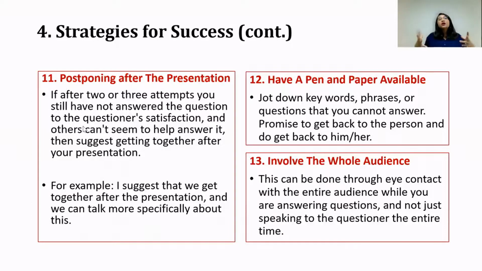So although question A is asked by person A, the question can also be the question of other audience members too. So when you are answering questions, make sure that you are also considering the presence of other participants, other audience in your room. So you are not supposed to talk only to the person who asked you, but talk to the other audience too. They may have the same questions, but it's just person A who got the chance to ask the question.